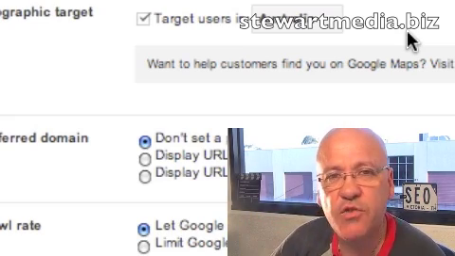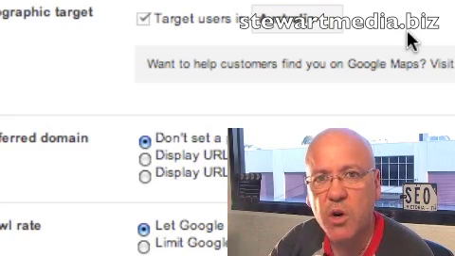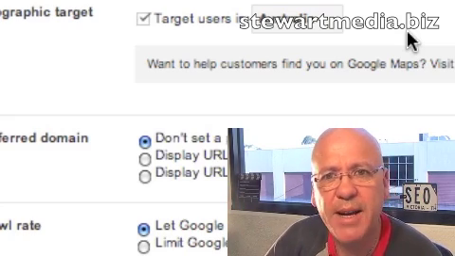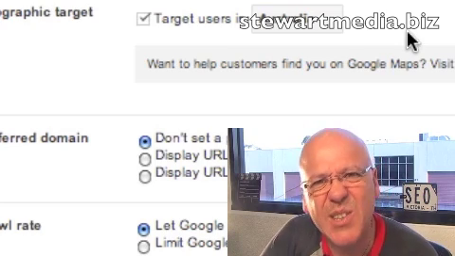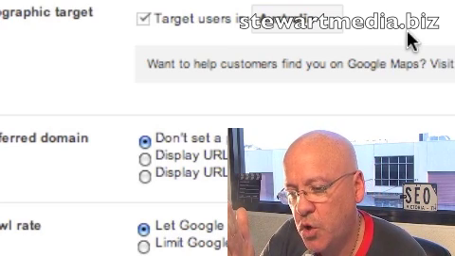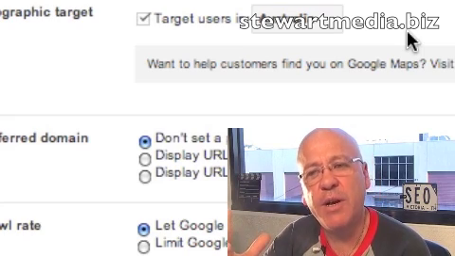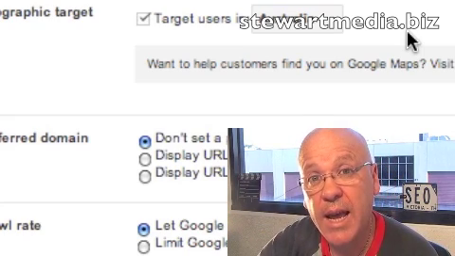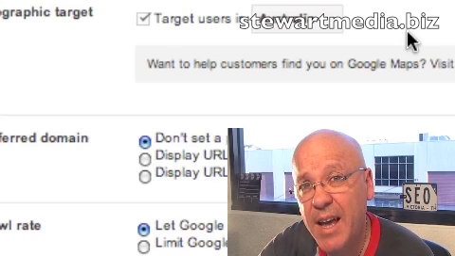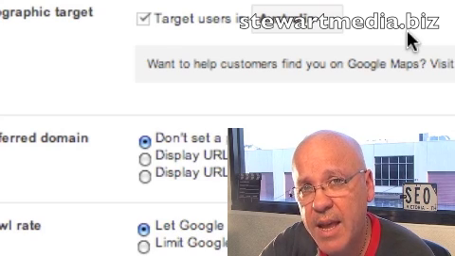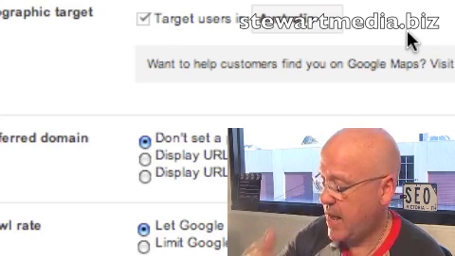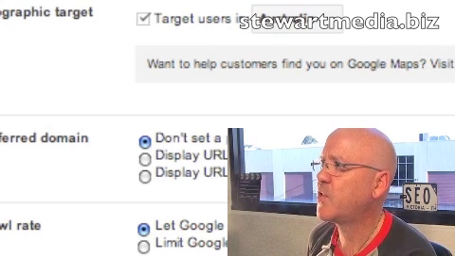Now, where you can run into trouble is that if you've got a .com, a top-level domain name, but you only want to use one site, and you want to target users in different countries, then what you can do is set up a whole new domain name, but the same site. And Google lets you do this. In fact, they encourage you to do this.